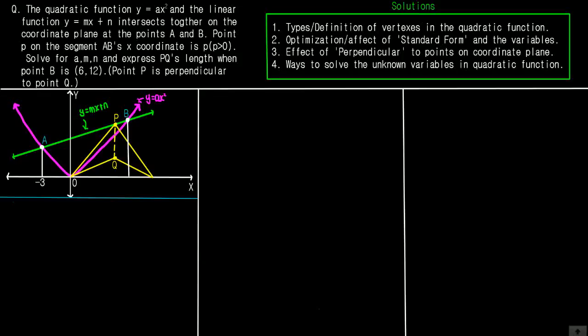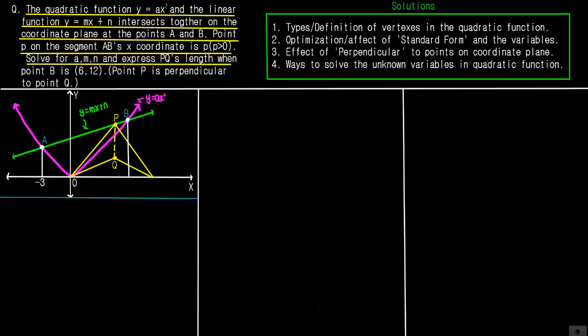The question of the advanced SAT function will be: the quadratic function y is equal to ax squared and the linear function y is equal to mx plus n intersect together in the coordinate plane at the points A and B. Point P on the segment AB has x coordinate p, where p should always be greater than 0. Solve for a, m, and n and express PQ's length when point P is 6, 12 and